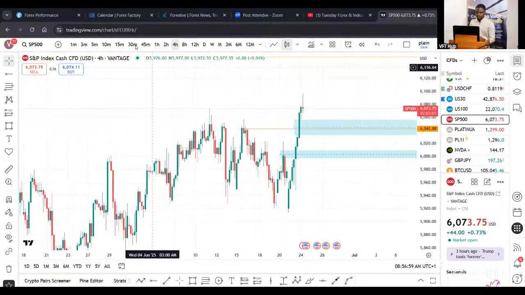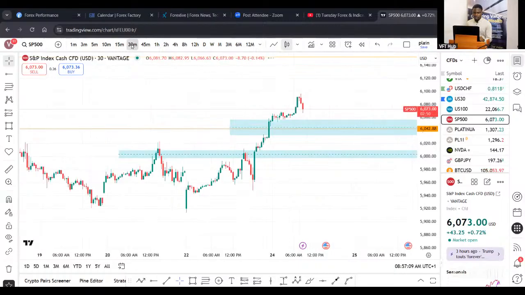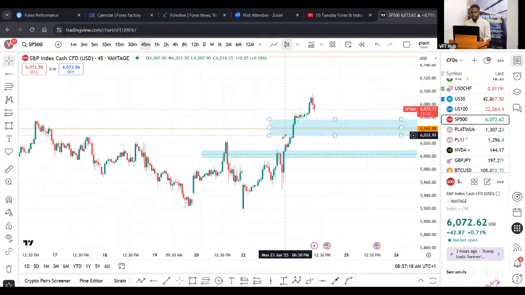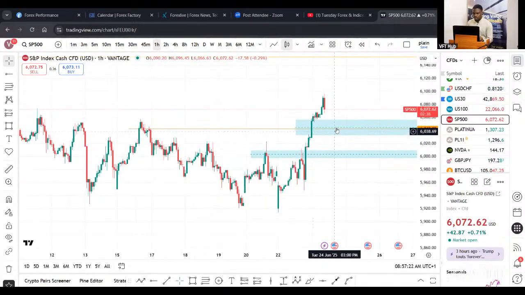On the 4-hour time frame, let's go to the 1-hour time frame. Okay, we have almost the same analysis as US100, right? We go to M30. Is it okay? Beautiful, beautiful. Makes sense. So this is what we have. The first area of interest for me is this zone here, 1 hour back. Is this zone here, right?